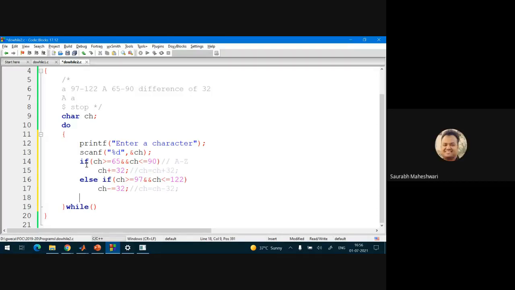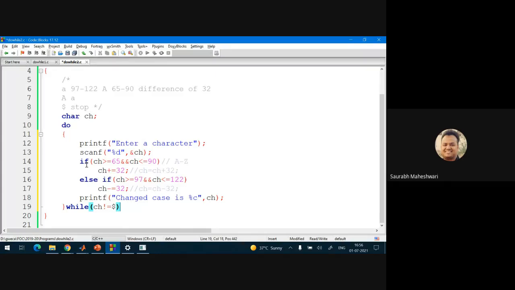So let us print it also first. printf changed case is %c, and what is %c here? ch. And what we need to check: ch is not equal to dollar.